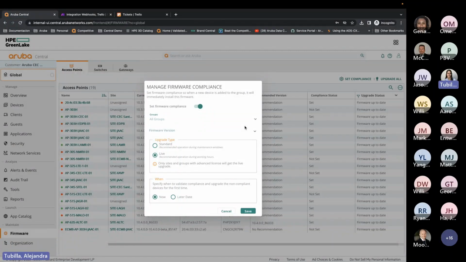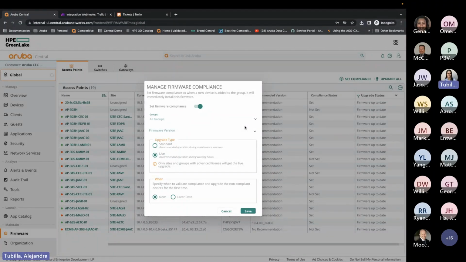And once that AP checks that there is a firmware compliance and it's not meeting the requirements, the first thing it would do is upgrade or downgrade to the set version on the rule. And once it's upgraded and it's ready to go, it would move on to downloading the whole configuration. And this way